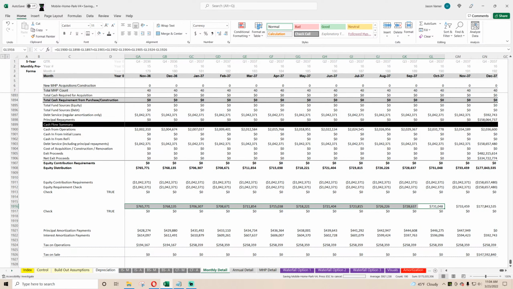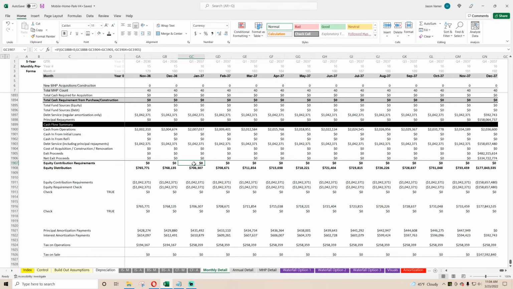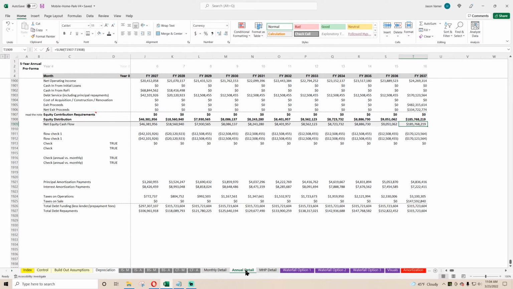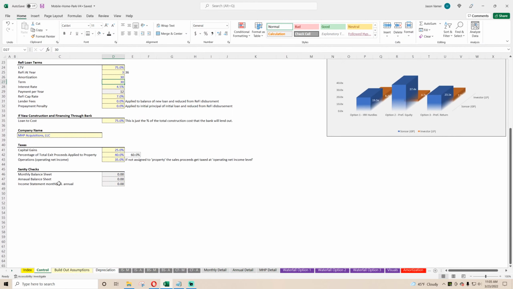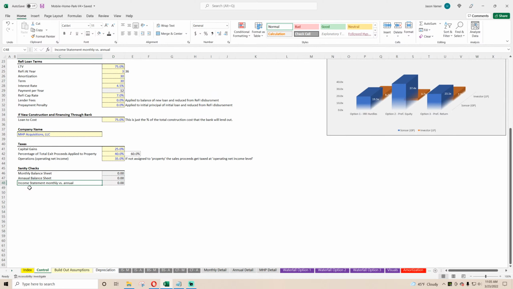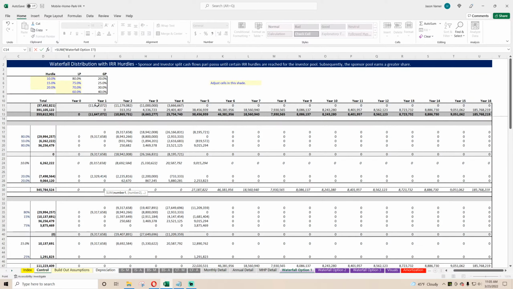So that just means our total equity requirements and equity distribution matches the total cash flow activity. Same thing here. Now what I want to do is some more checks. So I want to say waterfall 1, waterfall 2, waterfall 3, and we should be able to sum up all of the activity here